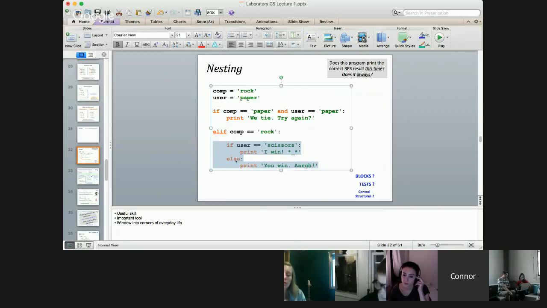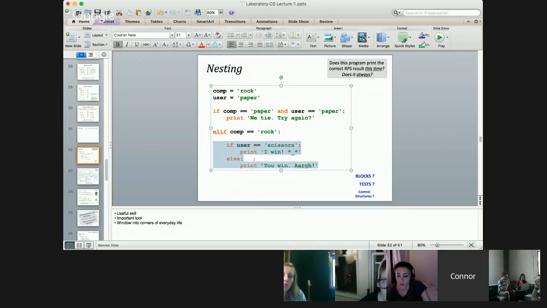Both of these statements only happen if comp is equal to rock. So scissors would happen like this. Comp isn't equal to paper, so we don't do this. Comp is still not equal to rock, because comp is equal to scissors. We don't do this code either, and nothing gets